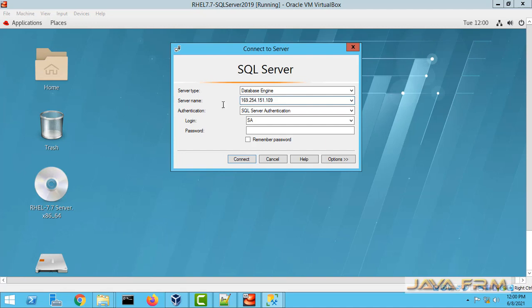Yes. So I am giving the IP address of this machine, username and password. Okay, connect.